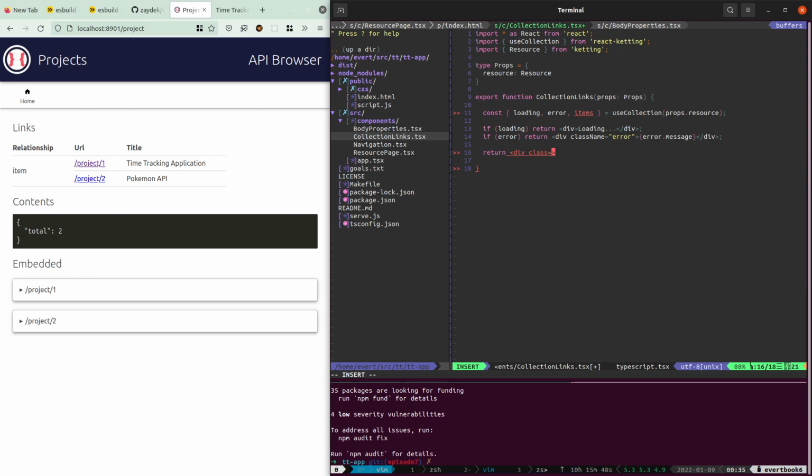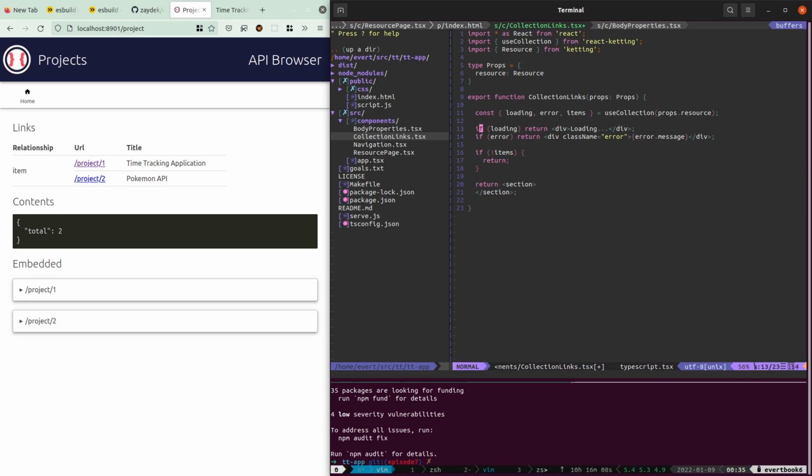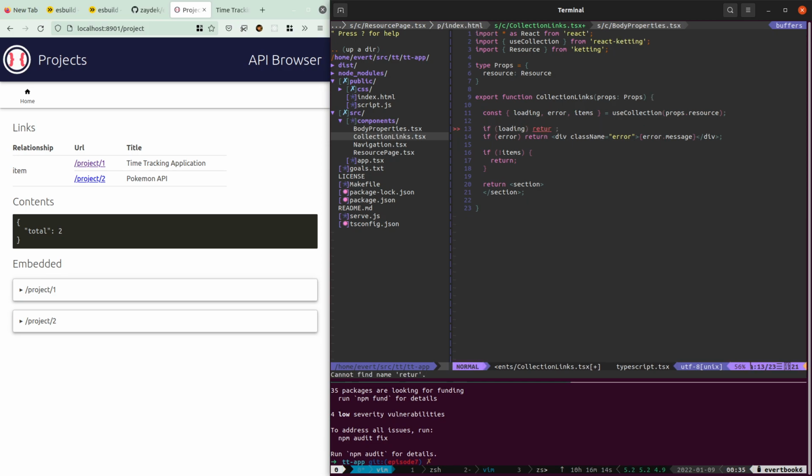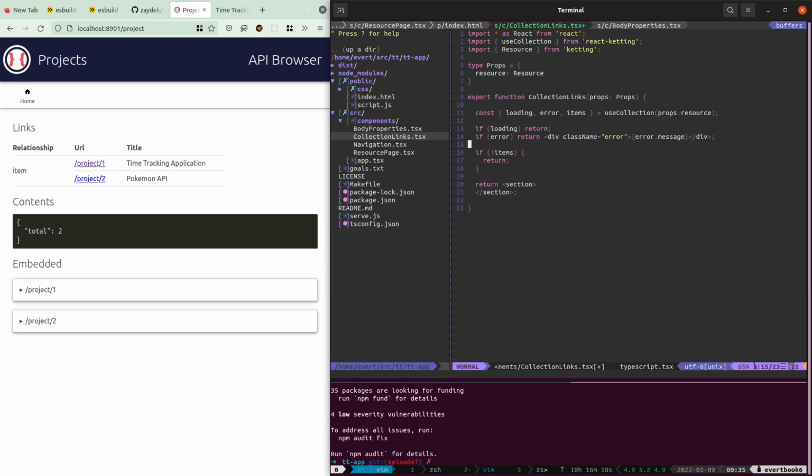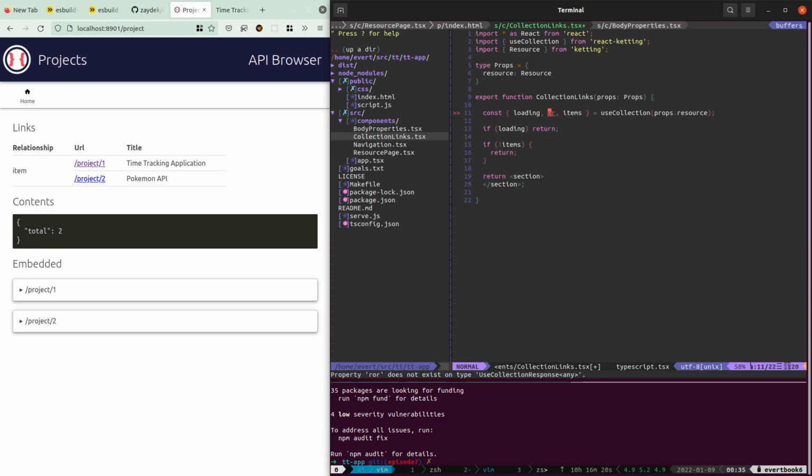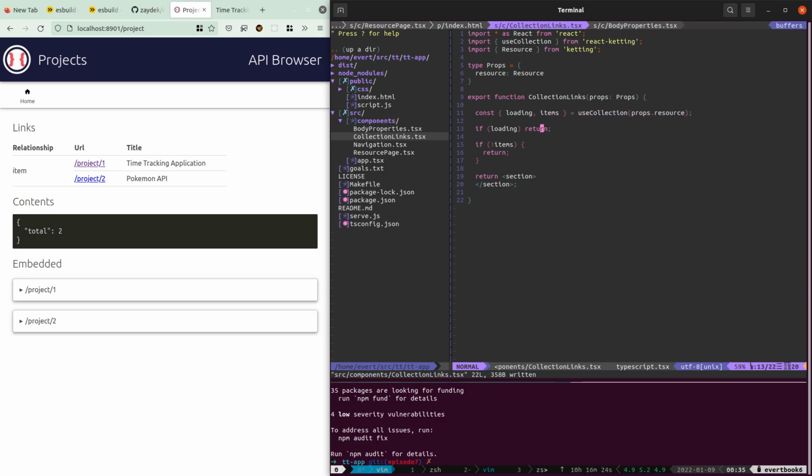Div class. Can do a section for this maybe. So interesting. Oh yeah, first thing I do want to do is that if there's no items, then I don't even want to render this. And I'm also going to not render anything if there's loading, because the loading of this thing is already handled somewhere else. Yeah, that seems fine. I'm just going to be lazy in this case, not do the error handling either, because